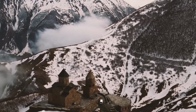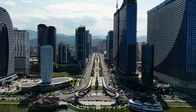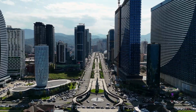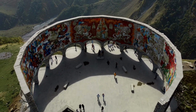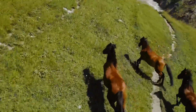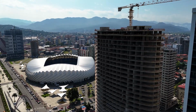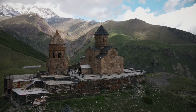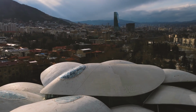Speaking of trains, Georgia's rail network offers a slower but scenic way to get around. Georgian Railways connects Tbilisi with major cities like Batumi, Kutaisi, and Zugdidi. The Tbilisi-Batumi route is especially popular, running along the Black Sea coast for part of the journey. Tickets can be booked online, at stations, or through mobile apps, and you'll find both standard and high-speed services. While not as fast as marshrutkas for some routes, trains offer more space, the ability to move around, and beautiful